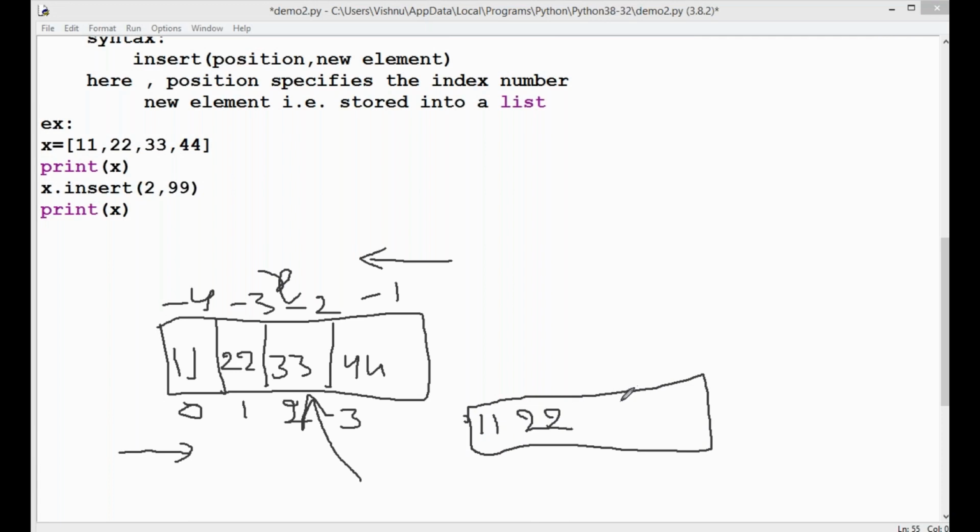In the place of index number 2, 99 is added. Okay, and then next 33 and next 44. This is the insertion process at a given position 0, 1, 2, 3, and 4. This is x. X is a list that stores the new element at a given particular position.